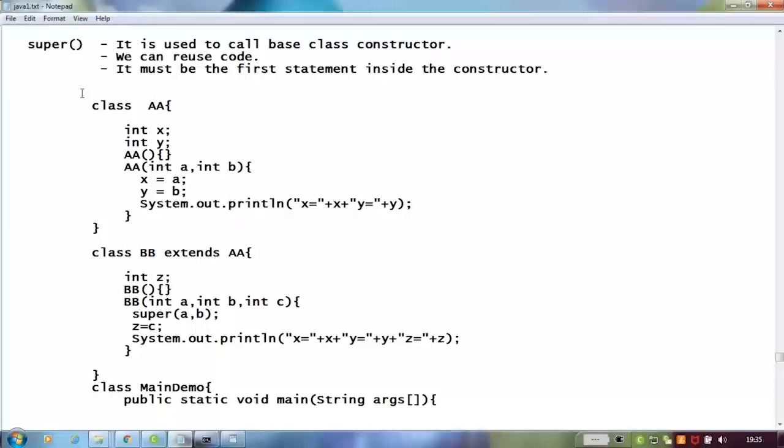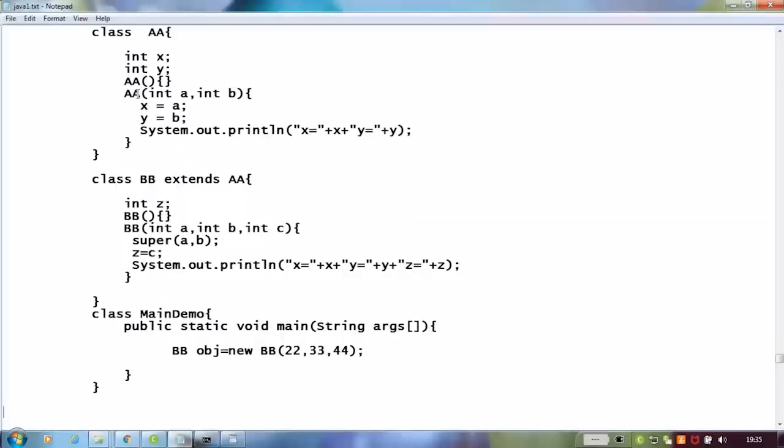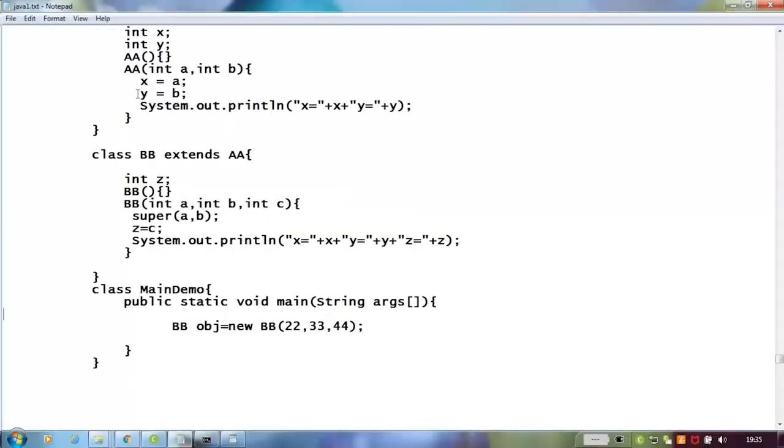The main purpose of using this super function is code reusability. We should reuse the code that is already there in the base class. Right. So these are some of the properties of the super function that is used a lot. Fine. Okay. So just see here where we are talking about